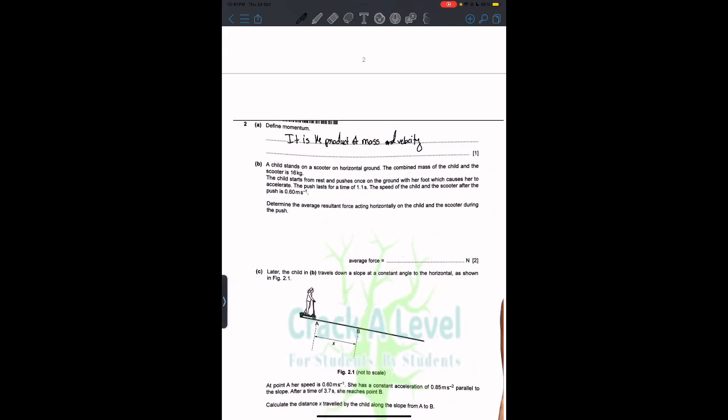Okay, what does it say? A child stands on a scooter on a horizontal ground. The combined mass of the